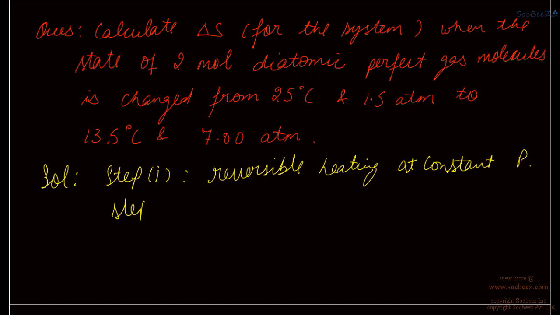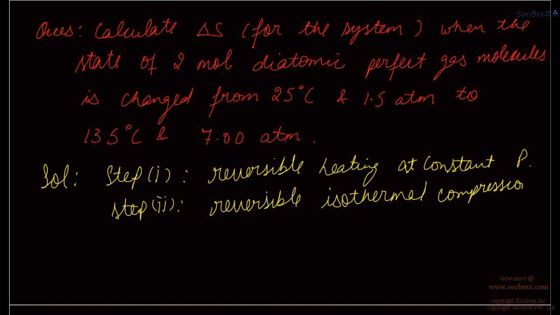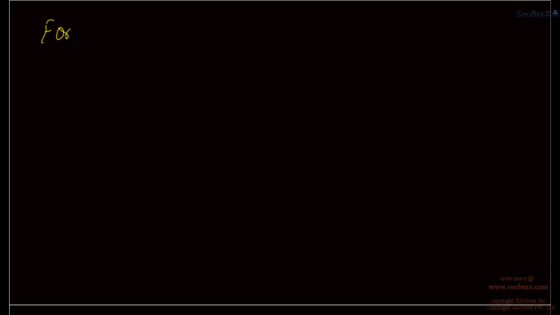And step 2 is reversible isothermal compression. Okay. So therefore delta S will be the change in entropy due to step 1 plus the change in entropy due to step 2. Now for step 1,